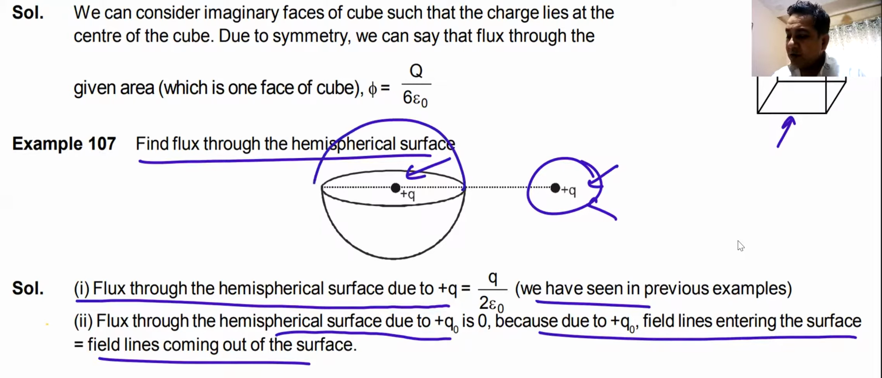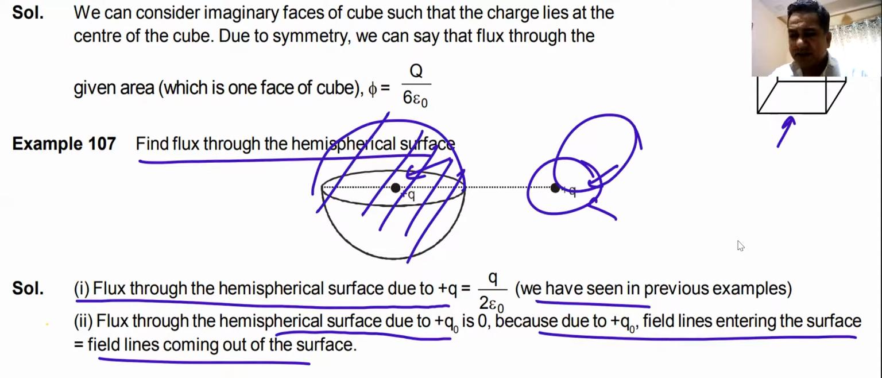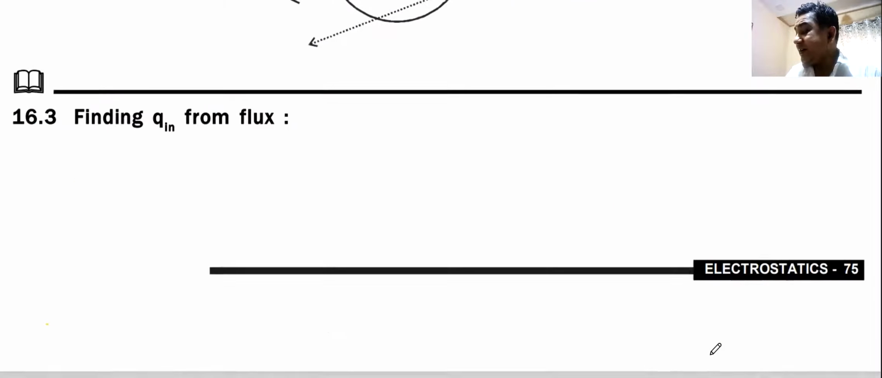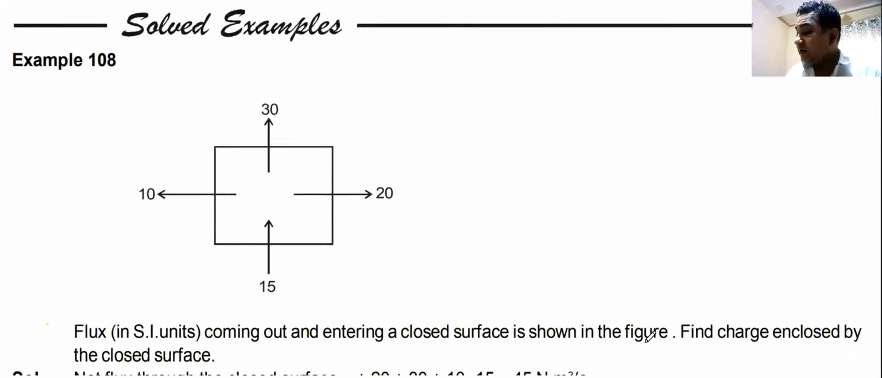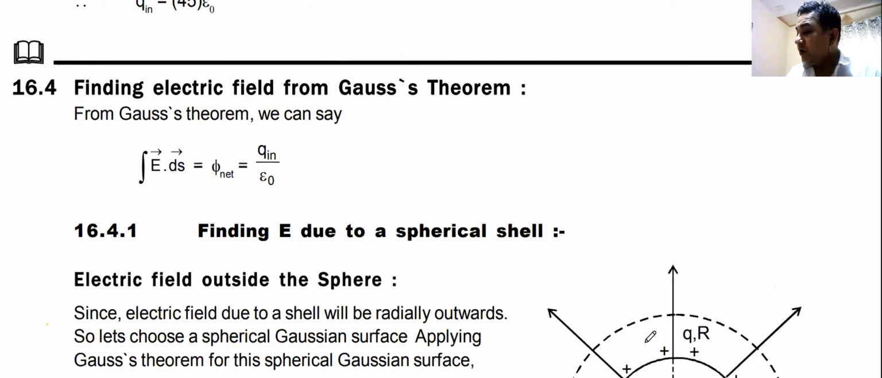Because if I enclose a Gaussian surface, the flux through this entire Gaussian surface will be equal to the charge enclosed divided by epsilon naught. This charge is not here. So whatever field lines are going in, the same field lines will go out. And you can enclose a full sphere. The flux through the full sphere will be q by epsilon naught. The flux through half of the sphere will be q by 2 epsilon naught. This is how you can apply the understanding of Gauss law to solve